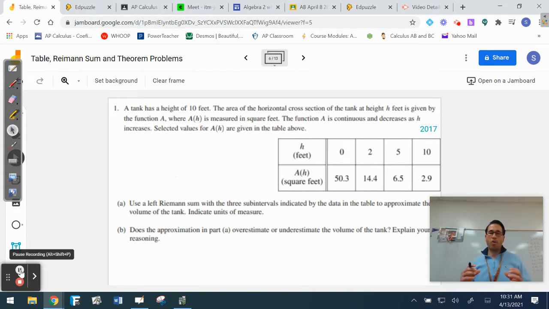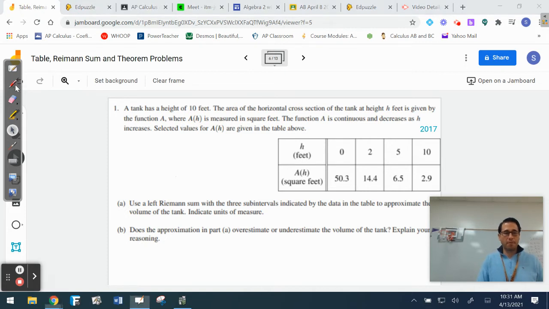The area of a horizontal cross-section of the tank at height h feet is given by A of h, where A of h is measured in square feet. The function A is continuous, and it decreases as h gets bigger. Selected values of A of h are given in the table below. Use a left Riemann sum with 3 subintervals indicated by the data on the table to approximate the volume of